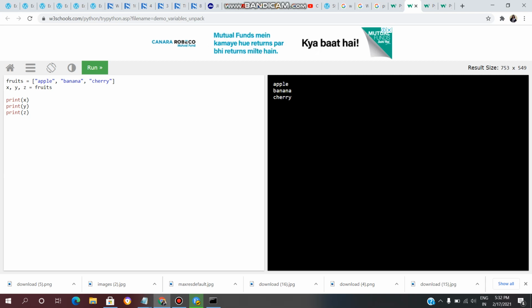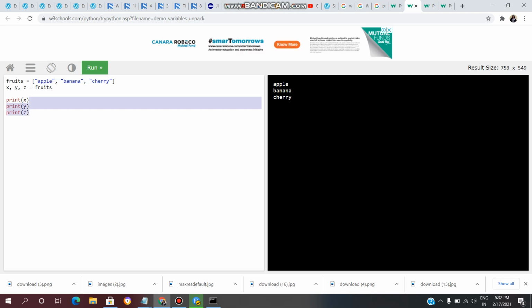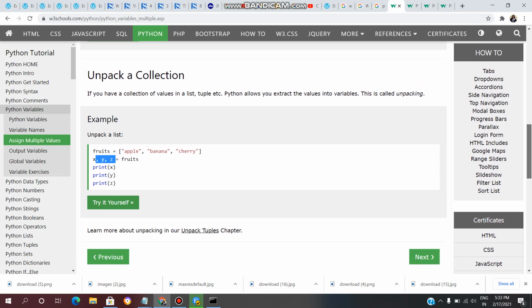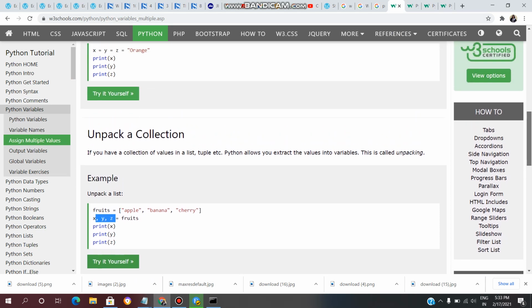Here we are assigning this list to three variables, and in that list we have three values, apple, banana, cherry. Each value is assigned to each variable, and later on we are printing x, y, z. So we get apple, banana, cherry in the output. This is the concept of unpacking a collection.